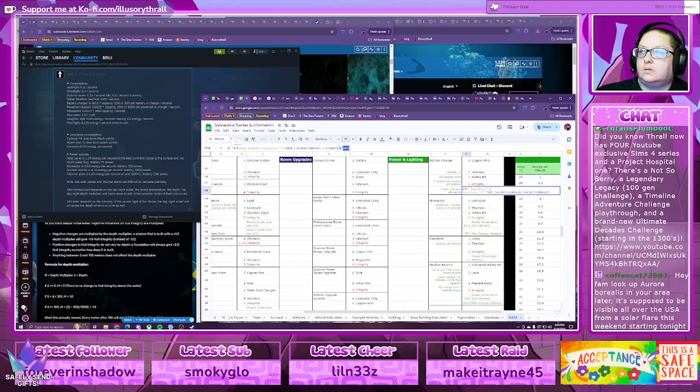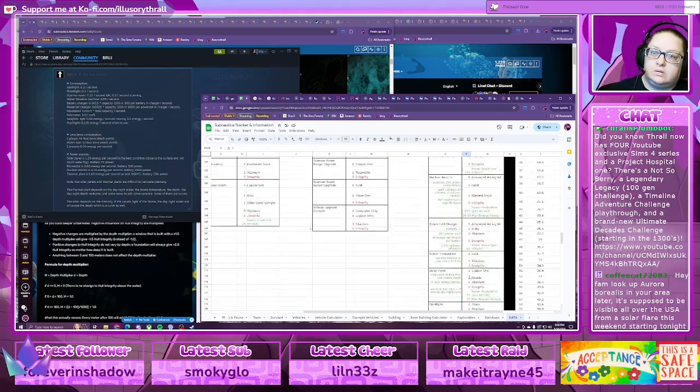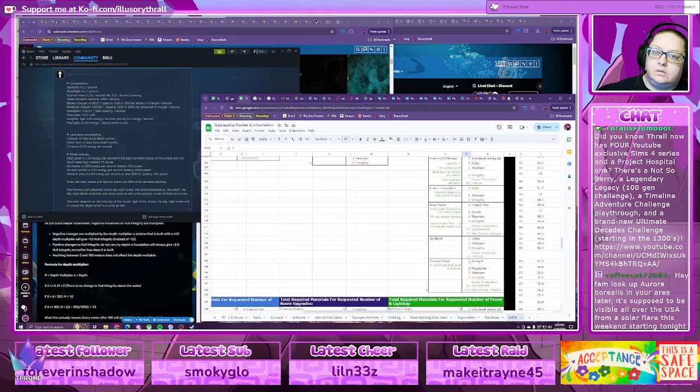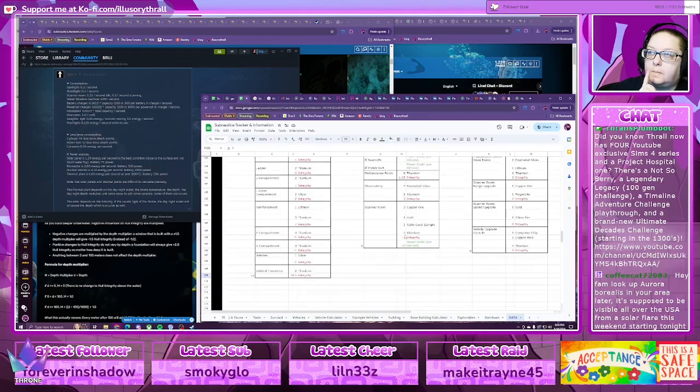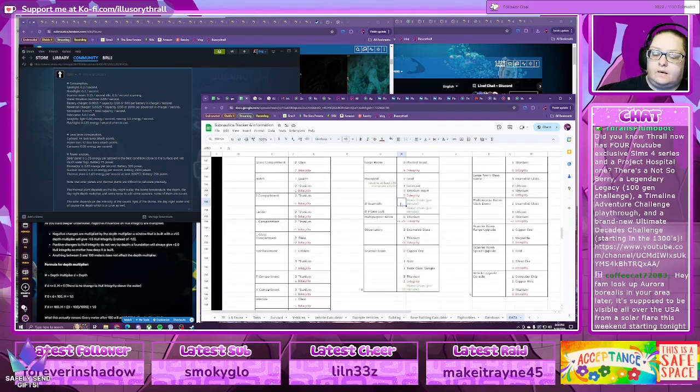This. Oh, that's the battery charger formula. I need the power cell charger one. Copy. Okay. Because it uses power cells. Okay. Give me this